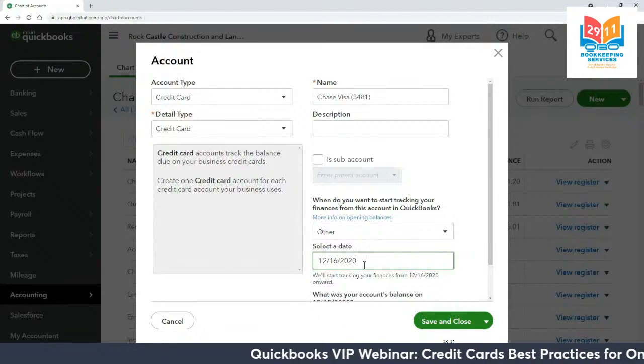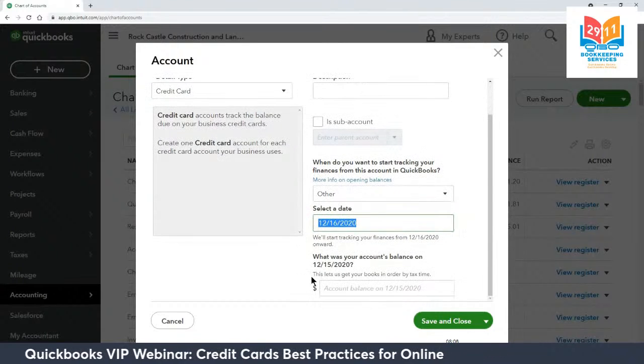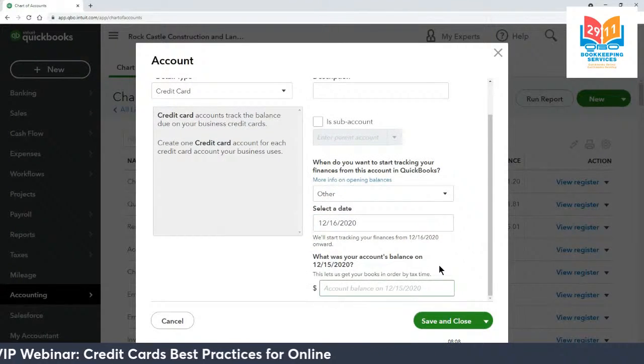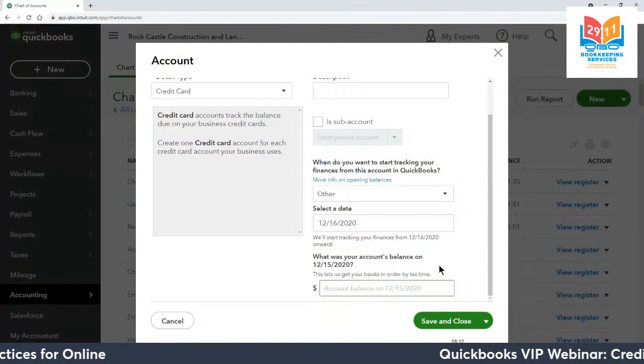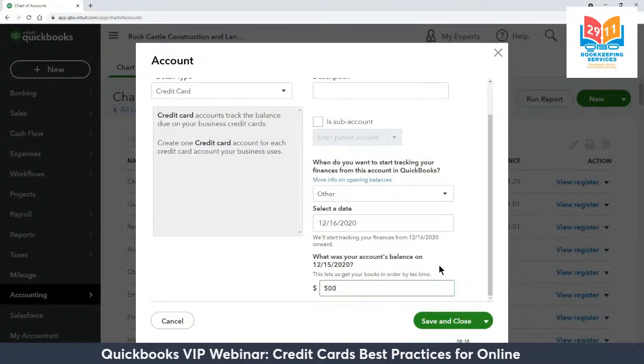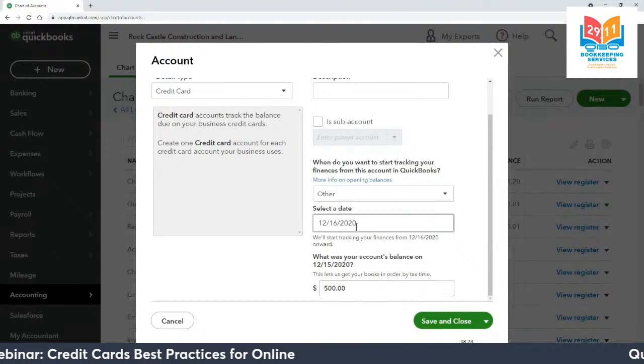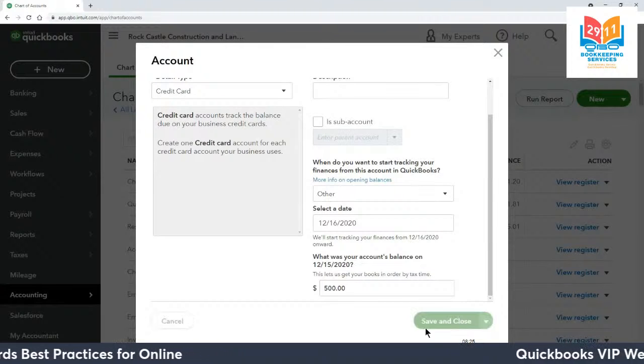We have a credit card statement. It tells us exactly how much money we owe on this day. And I can go in and I can put that in right here. So all I have to do is look at my credit card statement. I'm going to show you a credit card statement in a little bit, and it'll tell you how much money you owe as of that day. So let's just say we owed $500 on our credit card statement beginning on 12/16/2020. Whenever I save and close this,